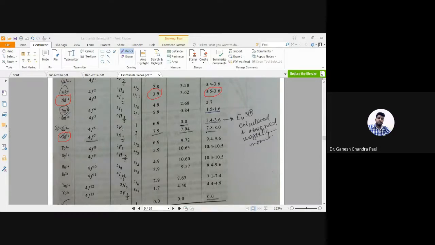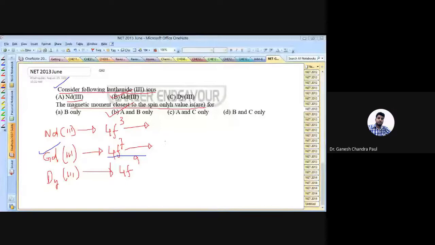Yes. So it is coming around 7.92. In case of gadolinium, it is coming around 7.92 Bohr magneton. So yes, option B is the correct answer. Yes, you just correct it. So option B is correct, while option C as well as option D is not acceptable. Okay, any question? Anybody? No sir. Okay. So if there is no question, all of you just give your attendance and then you can leave.